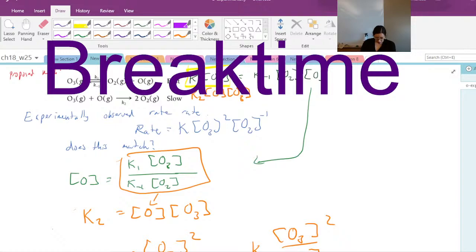So if we put that in the sense of collision theory of reactions, this is saying that ozone is going back and forth, splitting off into O2 and a single oxygen, and coming back together, and splitting off and coming back together. So there's this equilibrium going on. That means that we can equate these two rates.